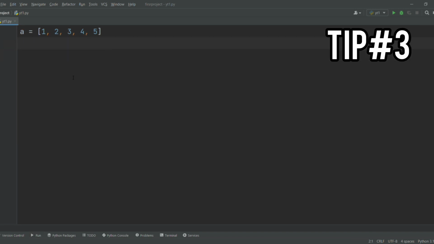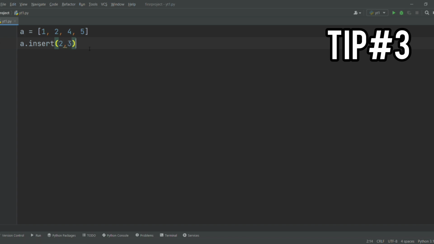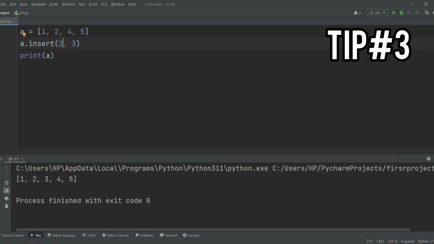So this step is very much important in list manipulation. Let me erase 3 here. And now here I want to add 3 at the second index. Then how will you do that? Well, there's a simple way. Python has a built-in function called insert, which takes two parameters: the index and the element you want to add. So I want to add 3 at the second index, which will come between 2 and 4. So the index is 2 and the element is 3. That's it. Let's print the list and see the results. And as you can see, 3 is successfully added in this list.